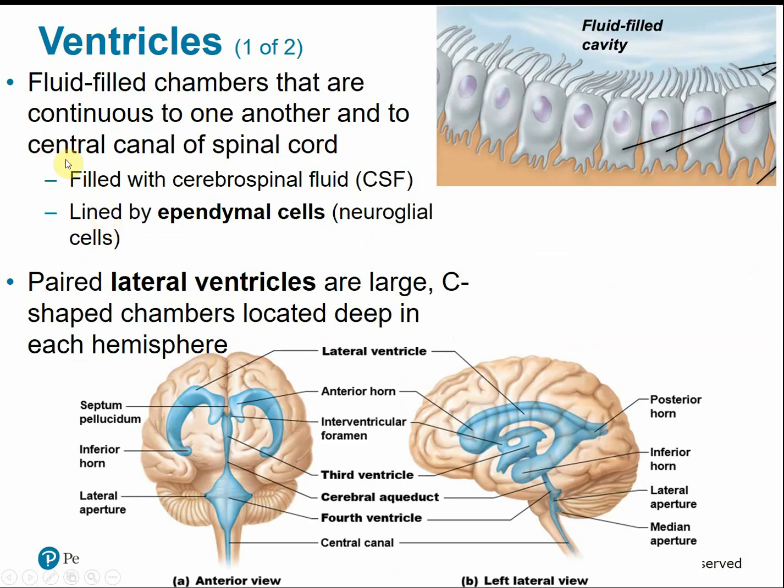And so we said the ventricles were the chambers left over from development of that neural tube. These chambers are filled with fluid and continuous throughout the central nervous system, the brain and the spinal cord. These chambers, or ventricles, are filled with cerebrospinal fluid. And remember from last chapter, when we talked about neuroglia, we said that the ependymal cells were the neuroglial cells that line these ventricles, right? So they have the cilia, or these little hairs, that help to keep this cerebrospinal fluid circulated throughout